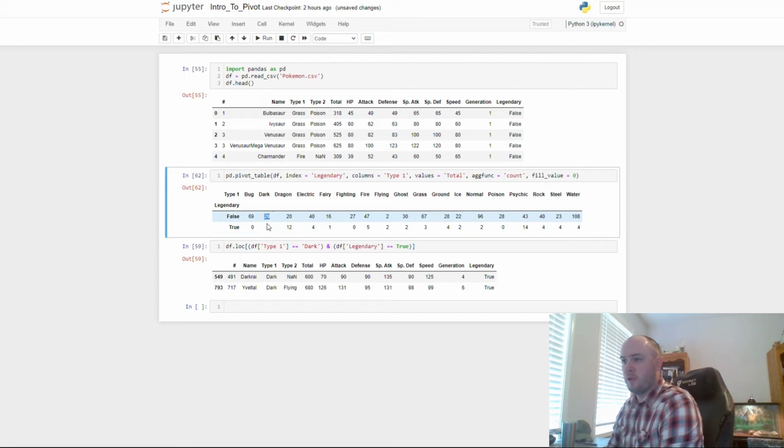So we have 29 dark, 2 dark, no legendary bugs, no legendary poisons. Okay? So